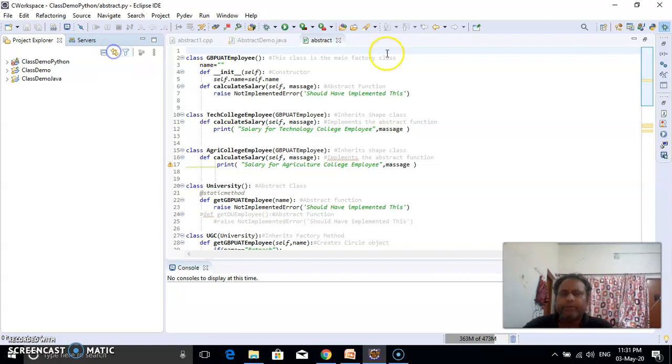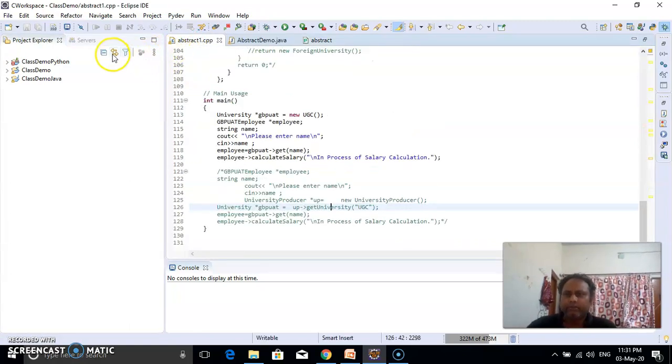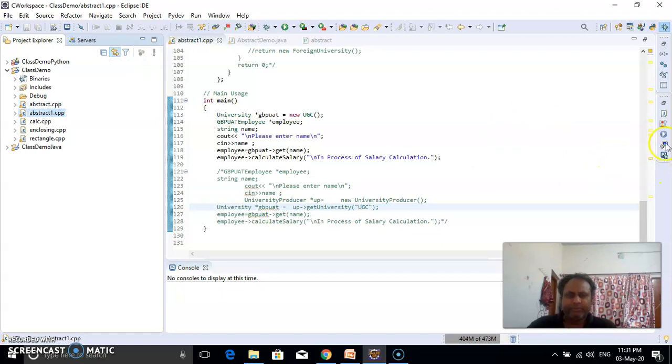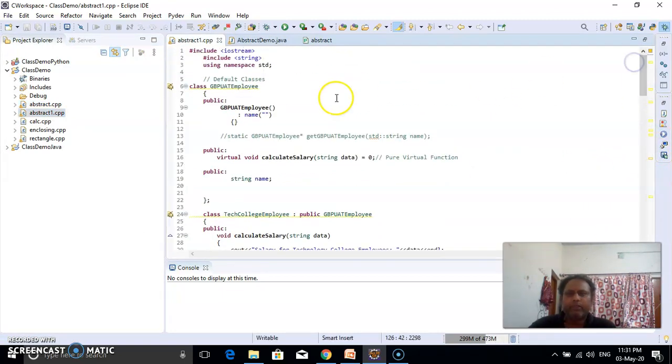So you can see that this is my C++ program, which is the same representation of the UML diagram which you have seen. It has class GBPRT_employee, which takes one parameter, name.